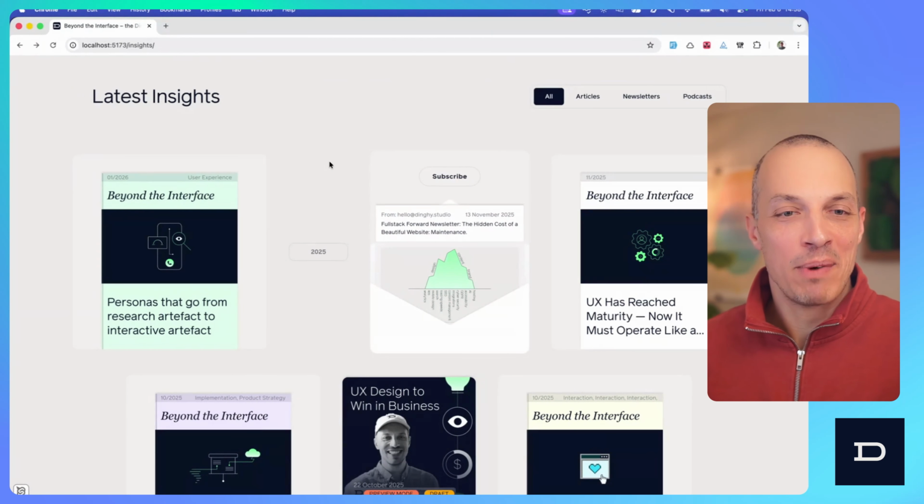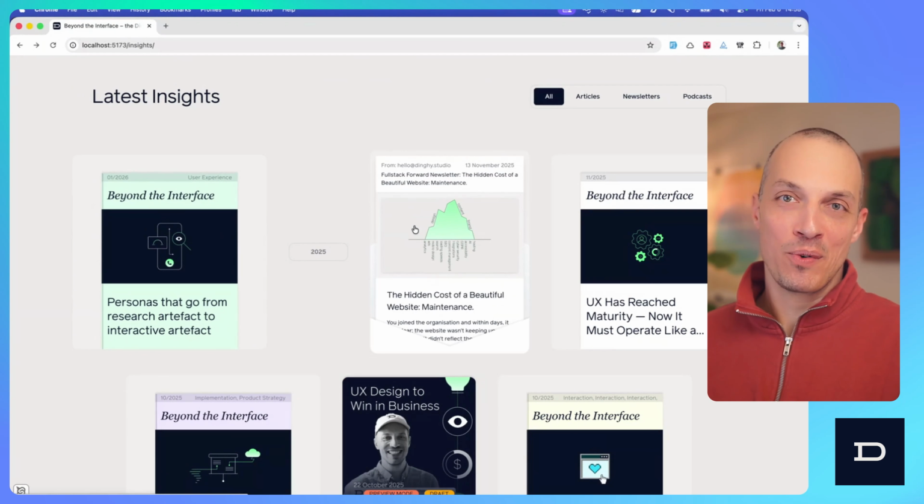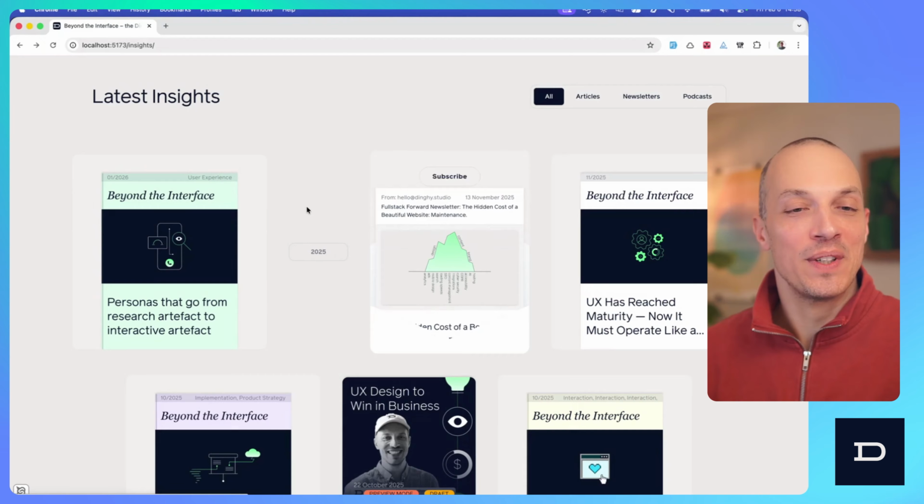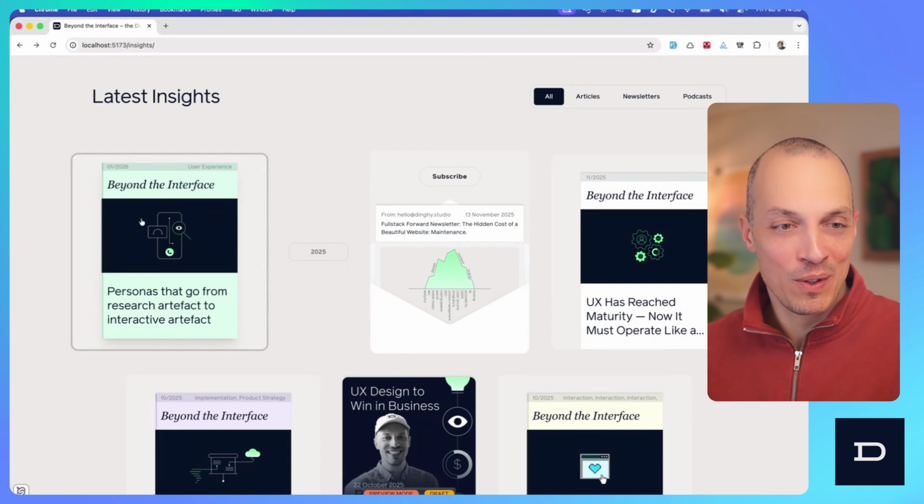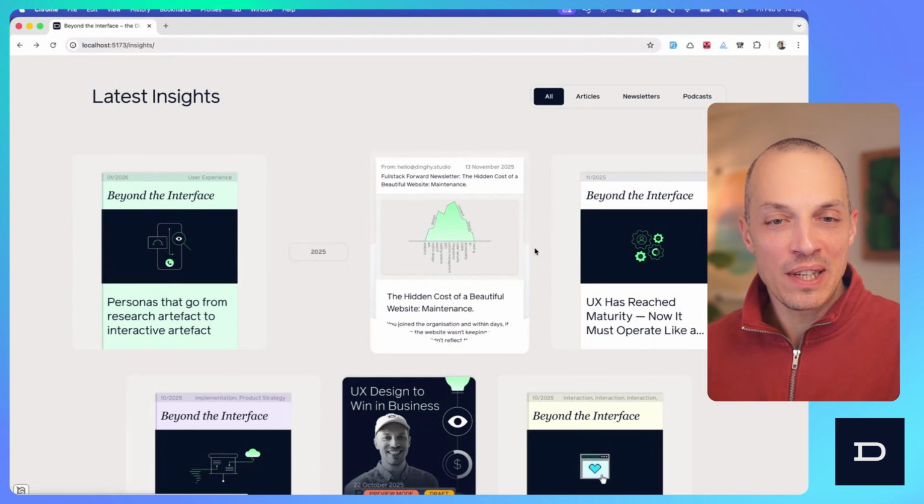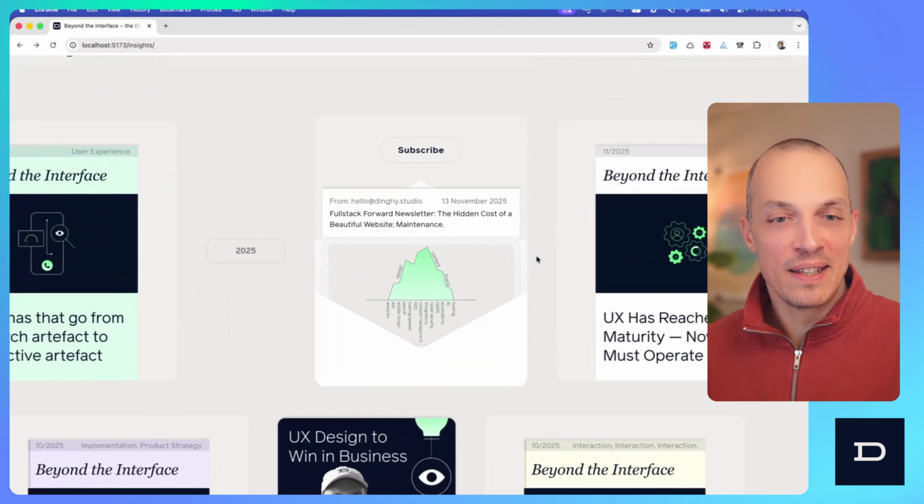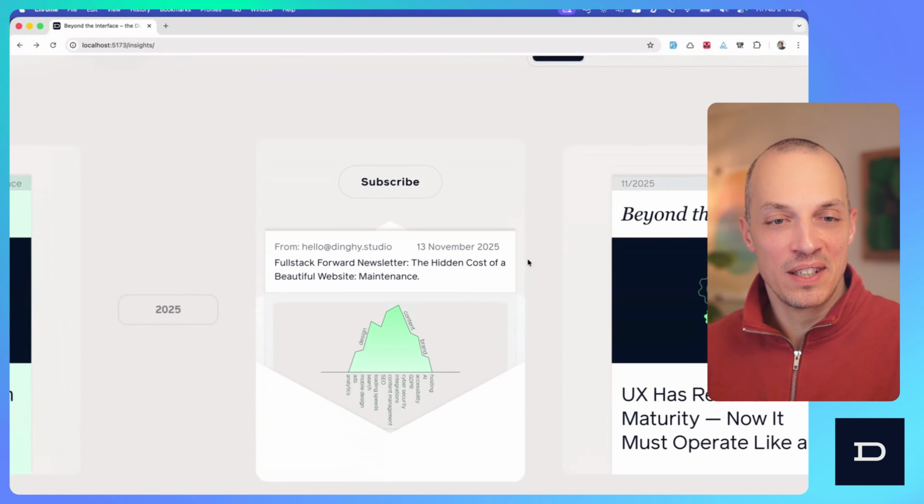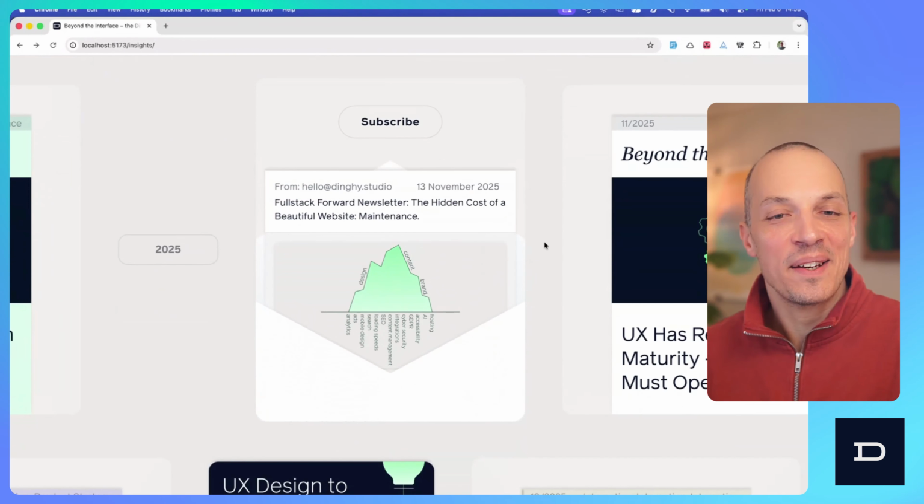Now let's talk about the other skeuomorphic or slightly skeuomorphic component we have going on next to the magazine cover, and that is this newsletter preview. So let's zoom in a little bit so we can really see it. A couple of things going on here. So first of all,